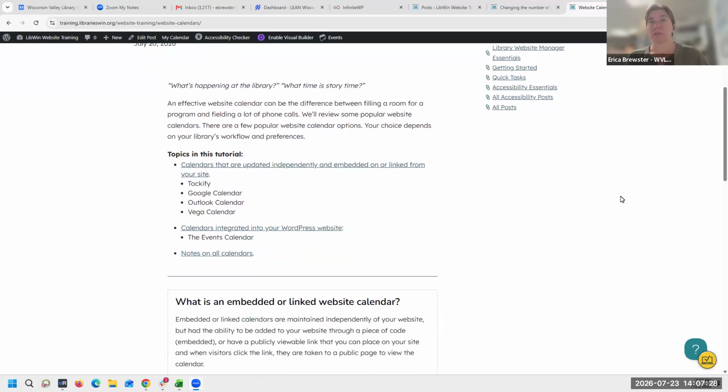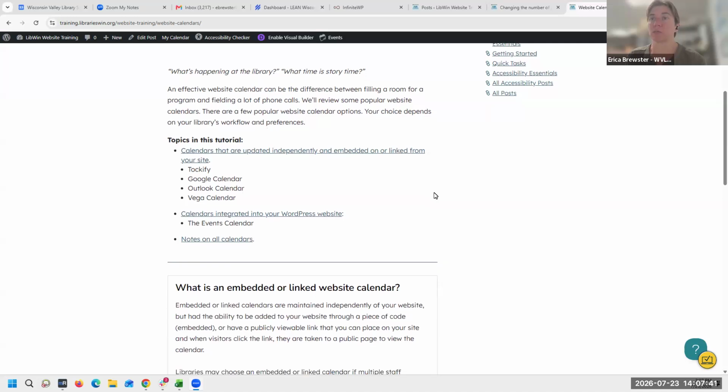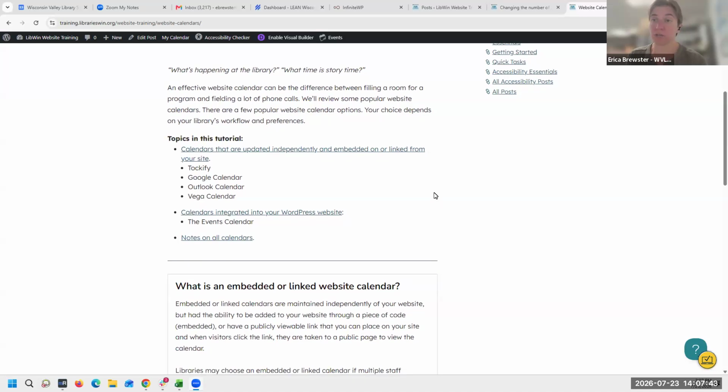Obviously, calendars are pretty popular because one of the major reasons people go to a library website is they want to find out what's going on and when it's happening. Keeping that up to date really cuts down on the number of phone calls, emails and questions that you are getting. So we are going to cover